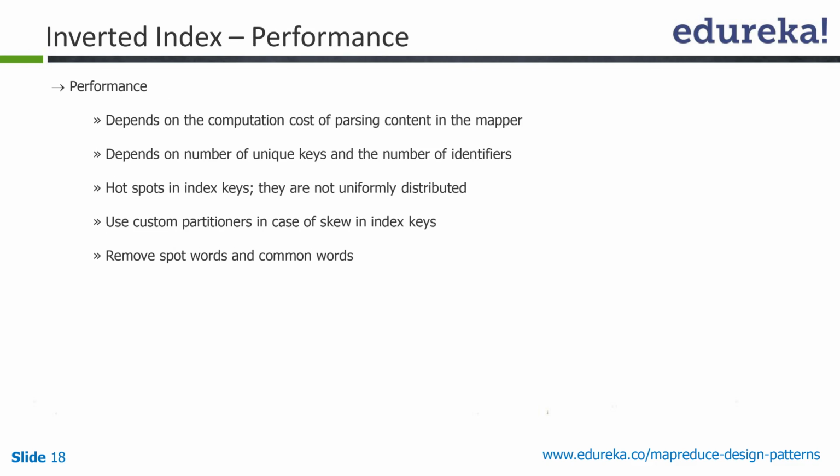If you look at the performance, there's nothing very complex being done. It's whatever time the MapReduce framework takes to transfer your data from the map side to the reduce side. Apart from that, there's nothing involved. But the cost of the computation actually goes into the parsing of the content in the mappers. For example, if you are just building an inverted index on the words, then that's probably an easier job. But if you're doing an inverted index, for example, on